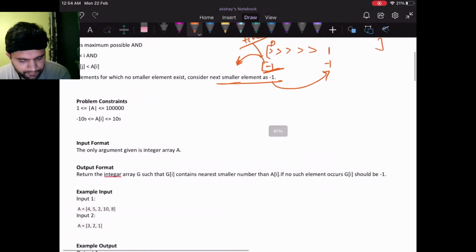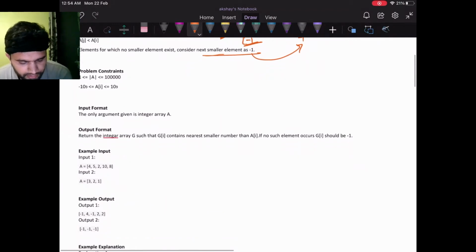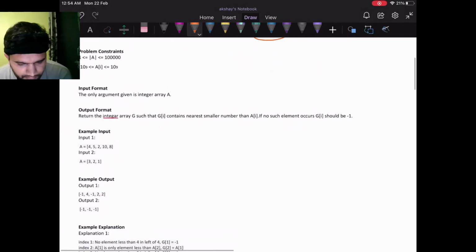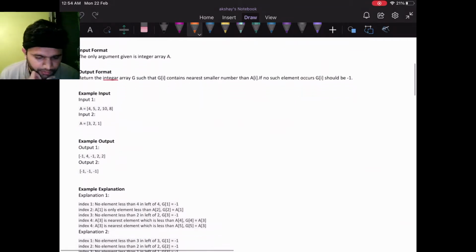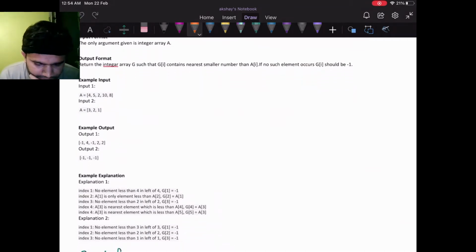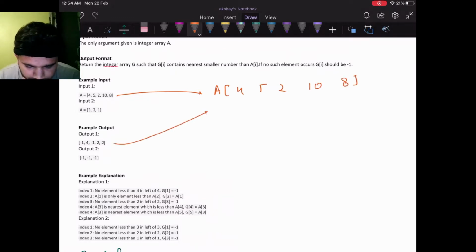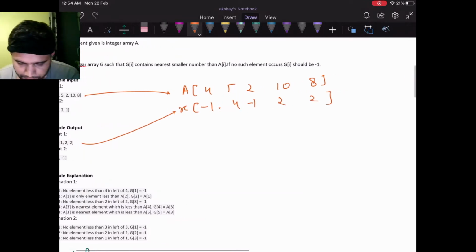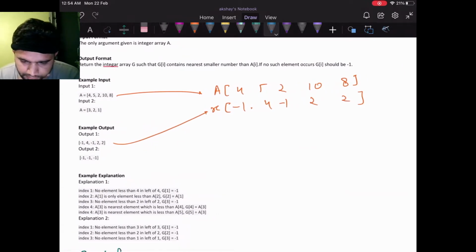Now you need to return an integer array. That means we need to find the smallest element to the left. Let's see this array A: 4 5 2 10 8, and its result was -1 4 -1 2 2. This first one is fixed because there is no element present beyond it.